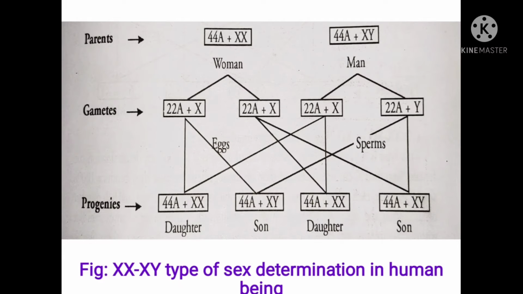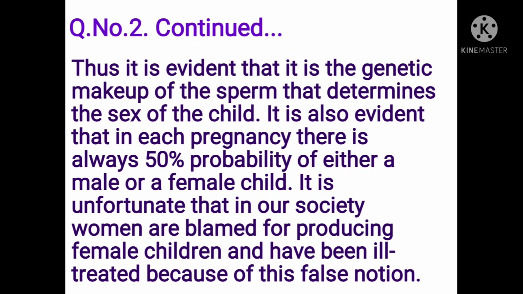Here I include a figure which shows XX-XY type of sex determination in human beings. Thus, it is evident that it is the genetic makeup of the sperm that determines the sex of the child. It is also evident that in each pregnancy there is always 50% probability of either a male or a female